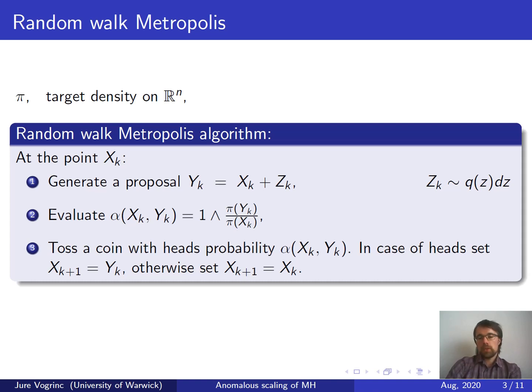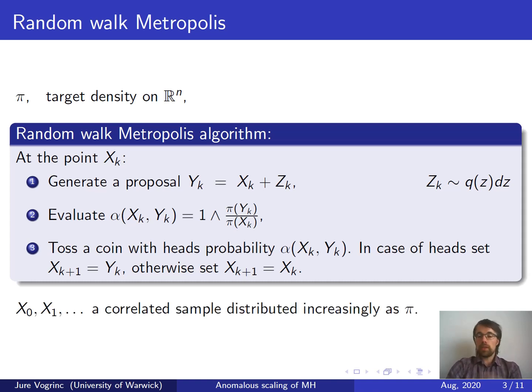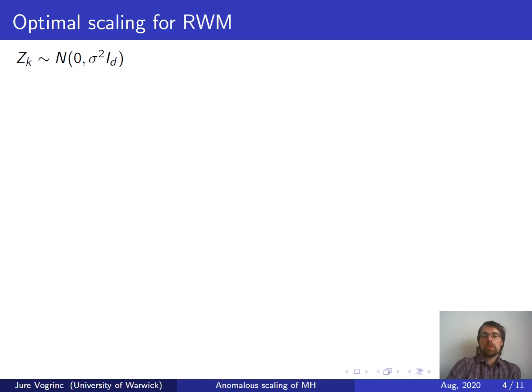What this does is that it generates a correlated sample that is distributed increasingly according to pi. And the valid question here is how to choose Q so that this works as fast as possible. This is a question that is very relevant. But already it's too complicated a question, so we narrow it down to just normal proposal densities. So if you have a proposal density that is normal, just an uncorrelated normal where you're only allowed to vary the variance, how should you choose the variance of the proposal to make the random walk Metropolis run as fast